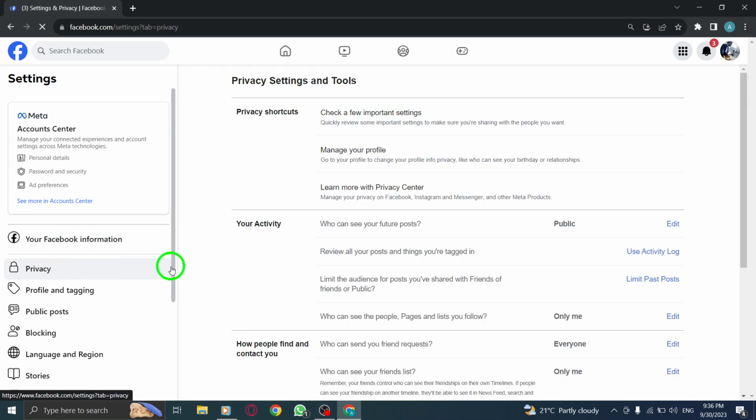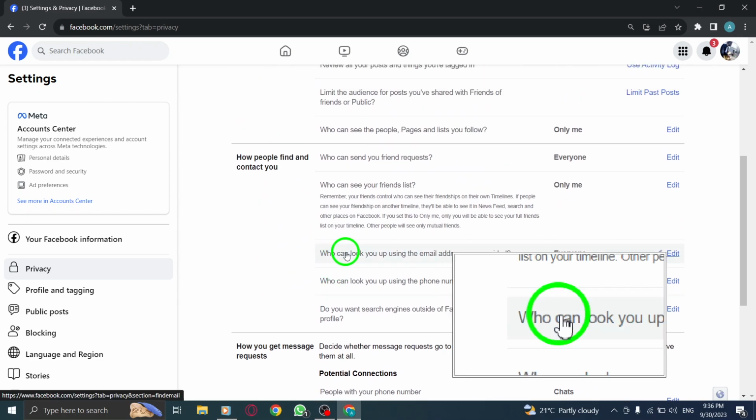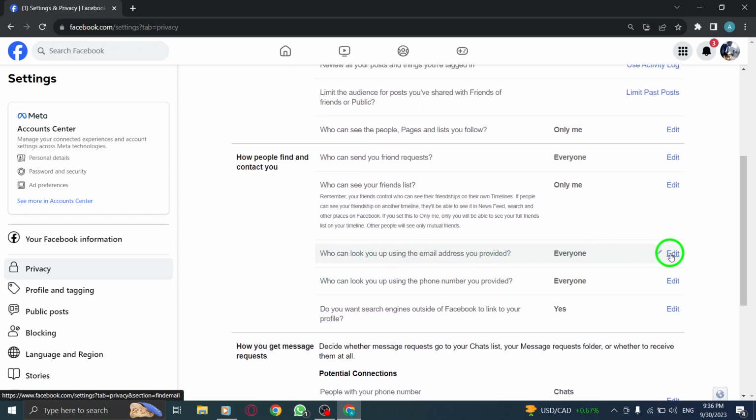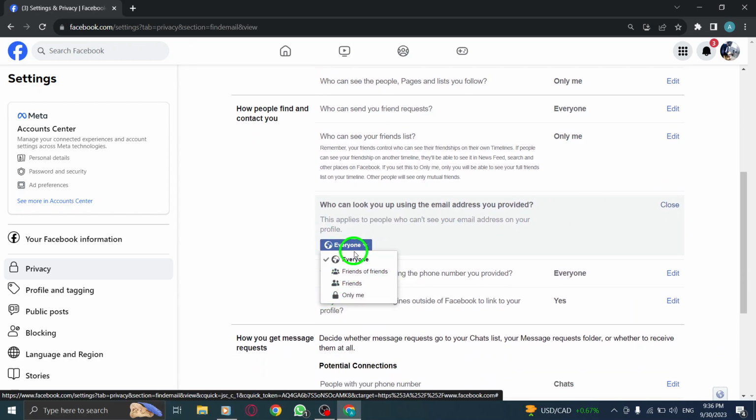Step 6. Next to Who can look you up using the email address you provided, click on Edit. Step 7. Click on the drop-down menu to open it. Step 8. Select Everyone. By following these simple steps, you can allow everyone to look you up using your email